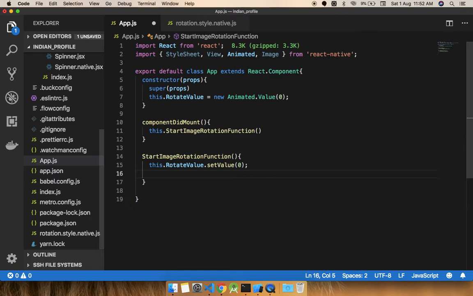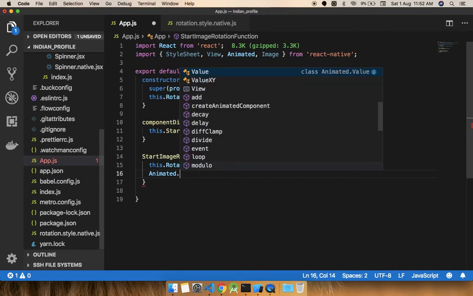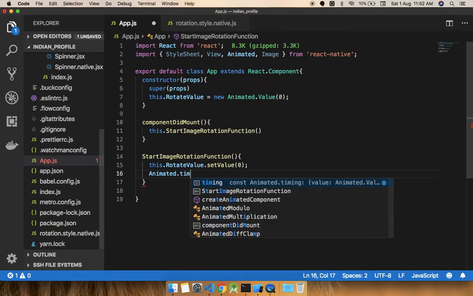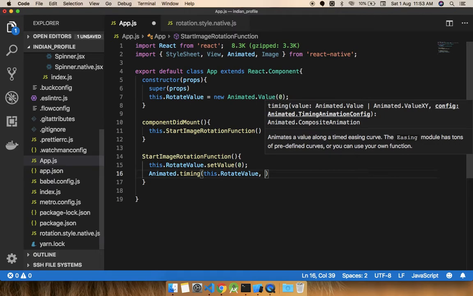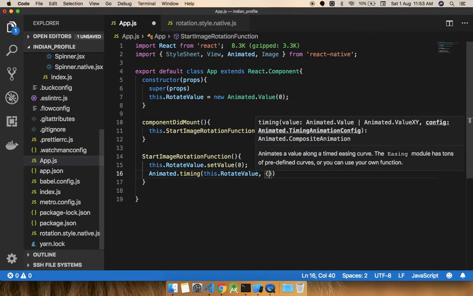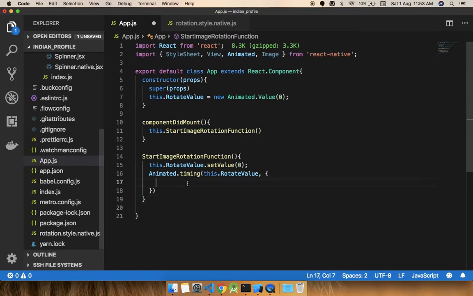Okay, perfect. And we need to use Animated. Then we have another function called timing. In this timing function we need to pass that value, this.rotateValue, and in the other parameter there will be an object, where we pass values in the form of key and value pairs.